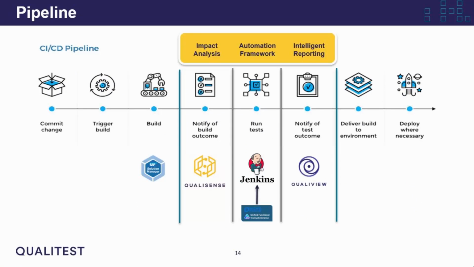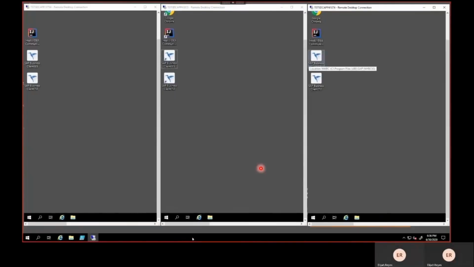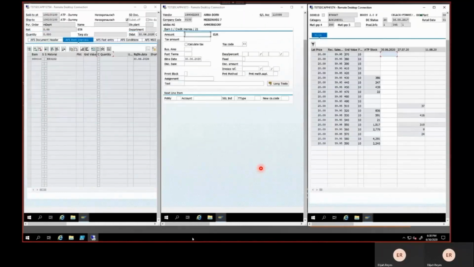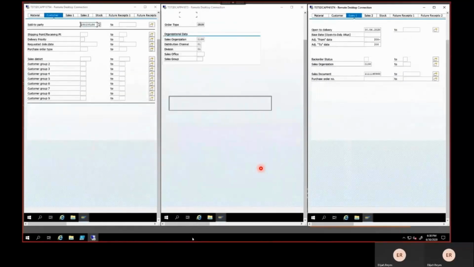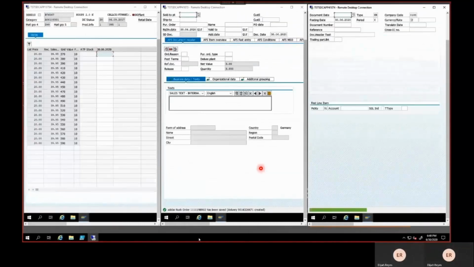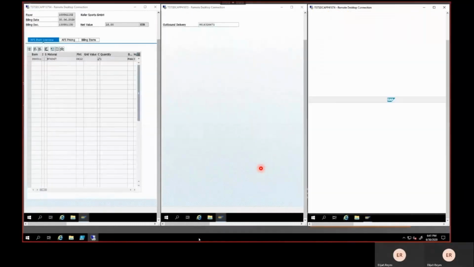And this is where it comes in. So we've gone from assessing the change. I'm going to throw it over to Jenkins. And what you're going to see here is the job run. We've got 3 machines running on this, and it's going to go through and present the change that's happening, present the process and the test cases, and then send out an output at the end through to our dashboard.